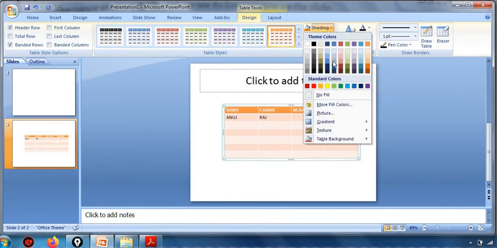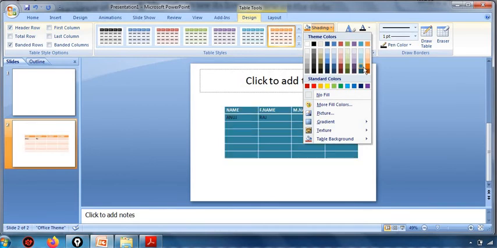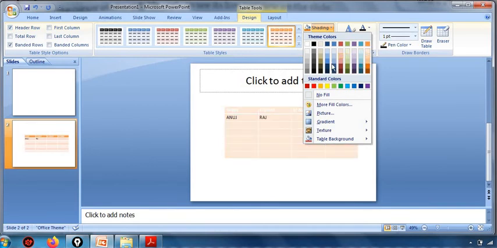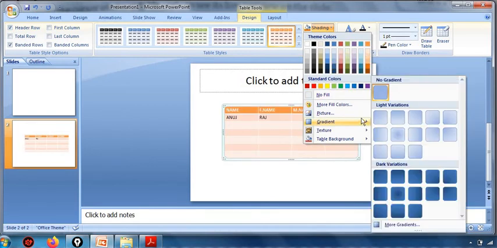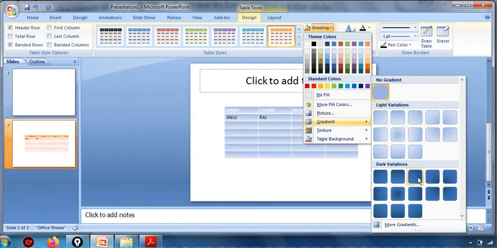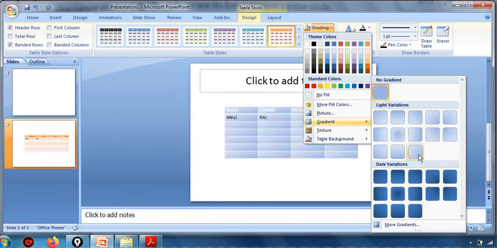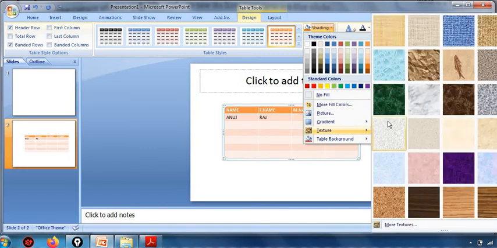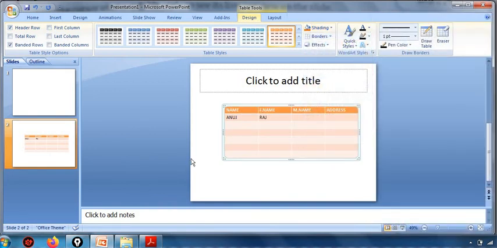Where is it? Here we have shading option. We will select it, and here, if you choose a different one, from here gradient also you can select different shades, right? Getting? So like this also, different shades you can select from the shade option. Where is it available?